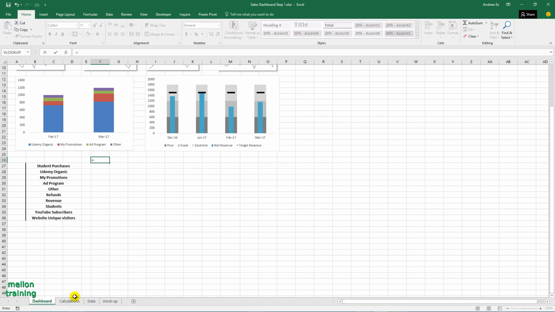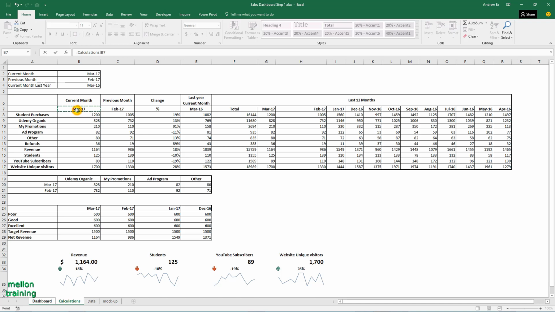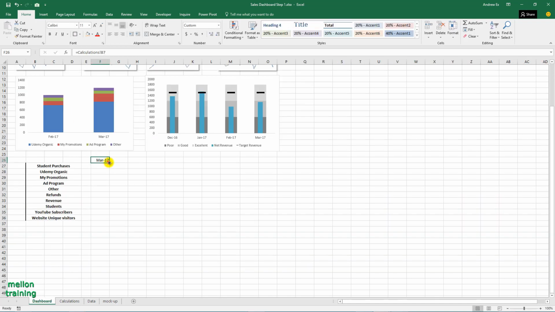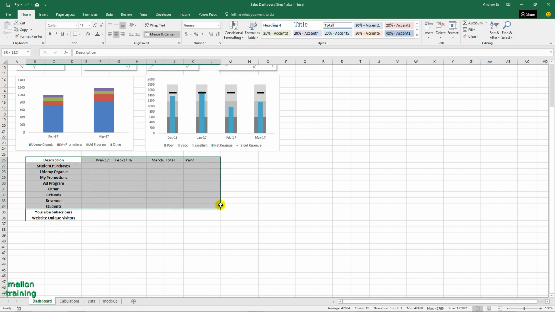Now with a reference we will create the current month, the previous month, here is the change percentage, the last year current month, and here are the total and the trend. Format the table and we are ready to fill the values.